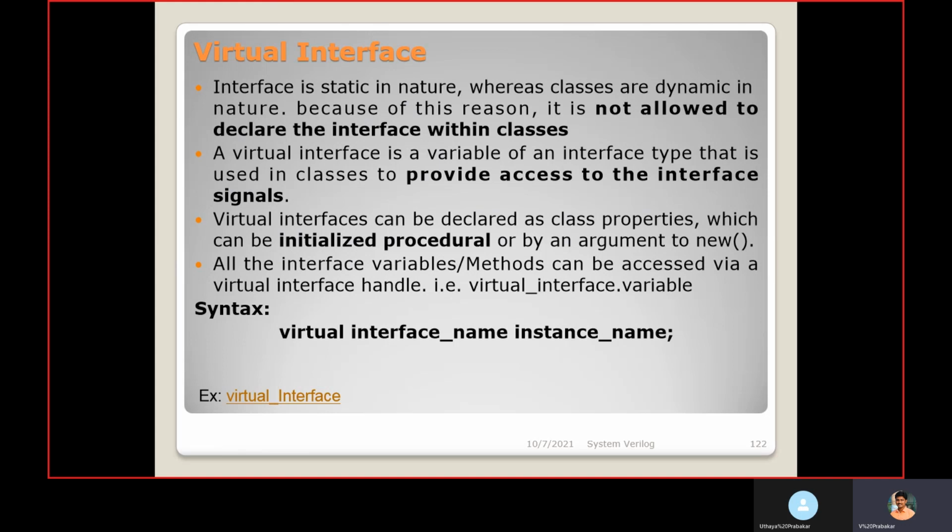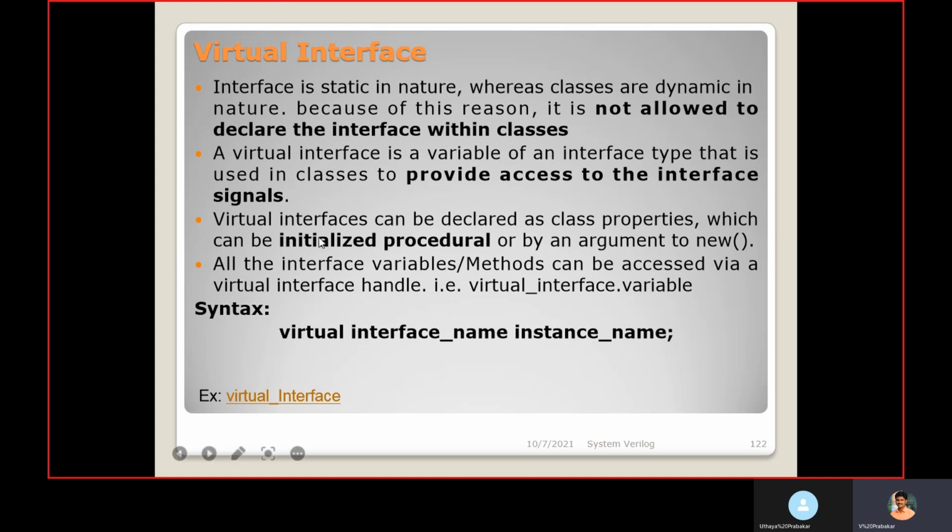While creating the object, while I call new, I need to pass the argument, which is nothing but the physical interface handle. So automatically, while the component is created, it receives the physical interface handle. Then that handle will be assigned to the virtual interface handle in the particular class. This is one way.